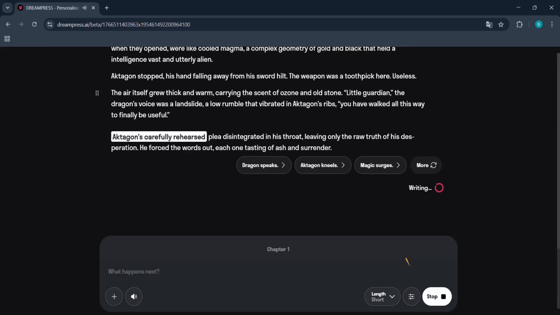Actagon's carefully rehearsed plea disintegrated in his throat, leaving only the raw truth.